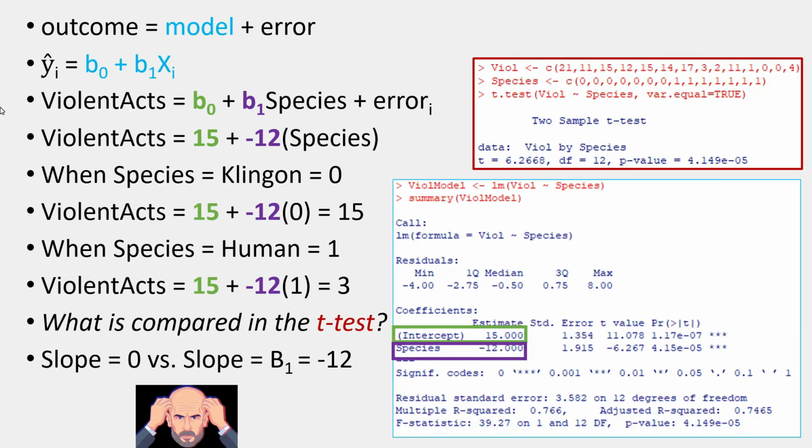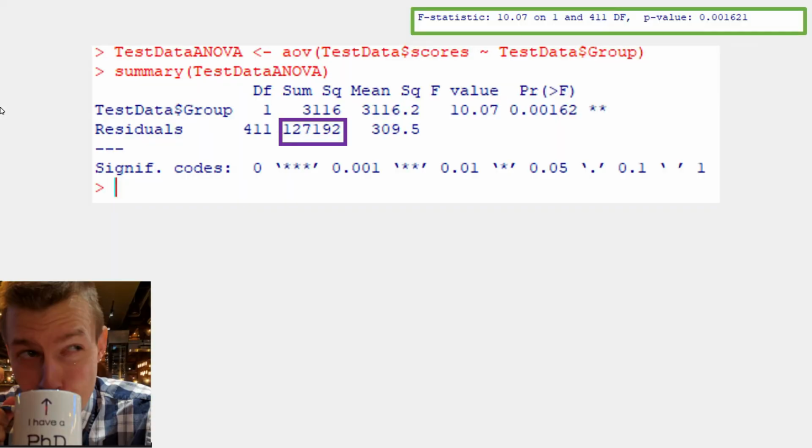So recall our Klingon versus human example where we saw how t-tests are just regressions with two outcome states. If Klingon predict 15, if human predict 3. This two-guess approach is compared in the t-test to guessing the mean of the outcome variable every time. Rather than having one mean to guess, the so-called grand mean, in this case the average across species, the model gives us two. We can guess the mean of humans for a human case and the mean of Klingons for a Klingon case. So, when we are using the U of T mean to guess U of T cases and the Trent mean to guess Trent cases, we have a sum of squared error of